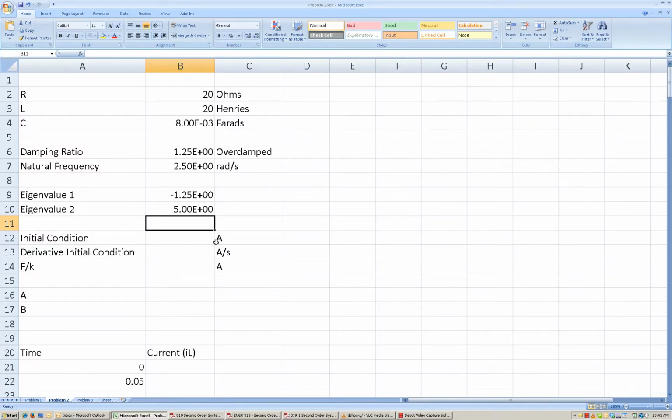Okay, so coming back to our spreadsheet here, my initial condition is 4 amps, and my derivative initial condition is going to be the 15 volts divided by the inductance, which is 20 henries. Okay, so 0.75 amps per second. The other thing that we need to establish is the forcing function divided by the stiffness, F over K. And we determined previously that that value would be the same as the constant current supply, I1, which is given as 4 amps. Now that we know all of that information, we have everything that we need to be able to calculate